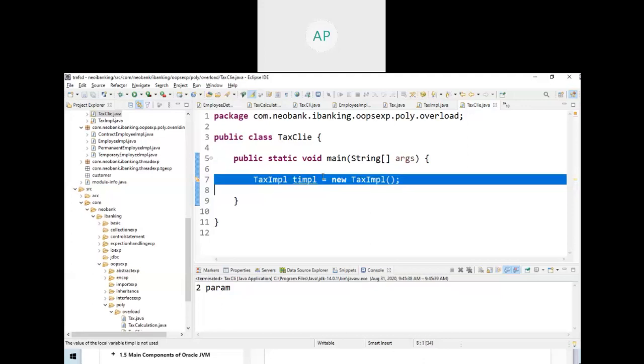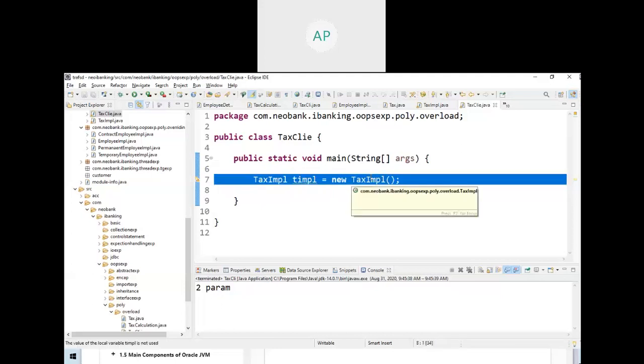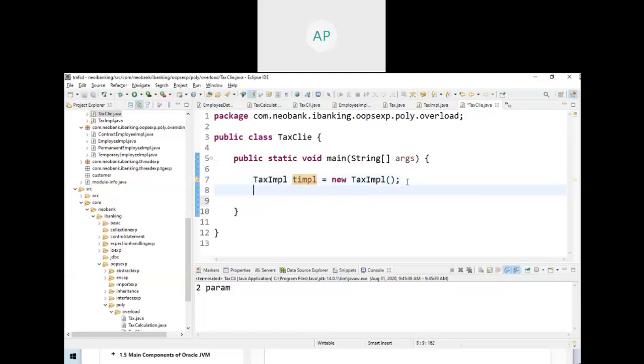See here, this is the right way, the way we created the object: class name, object reference variable, new operator, class name. This creates the object and this is going to point to that object. So it holds the address and will point to the object, and the object will contain the state and the methods. But you can create another way also.